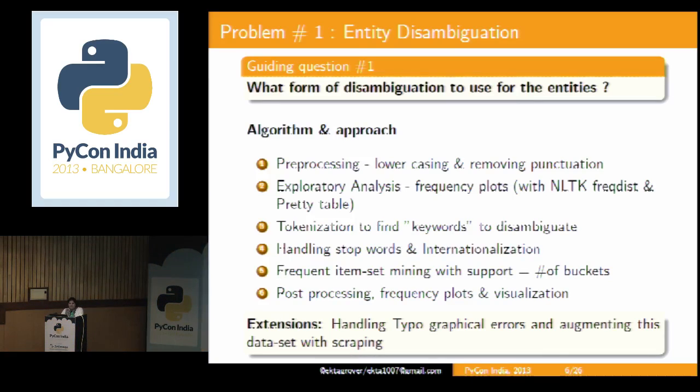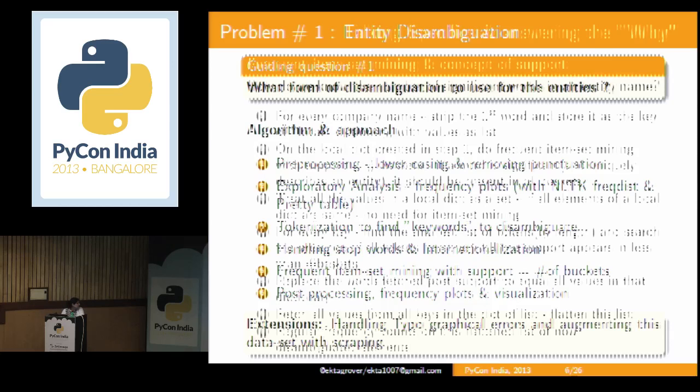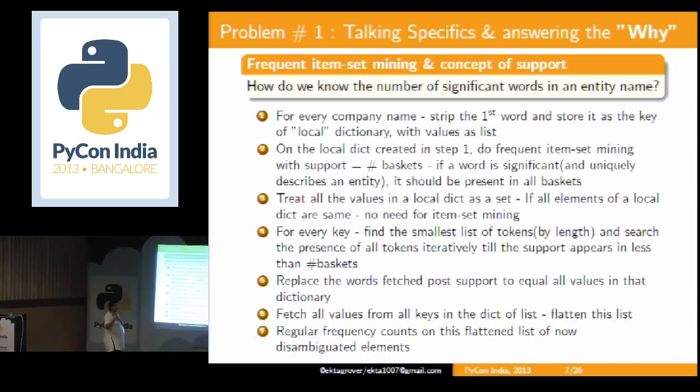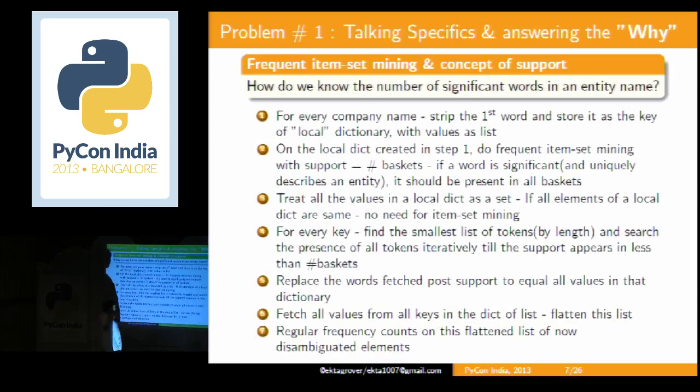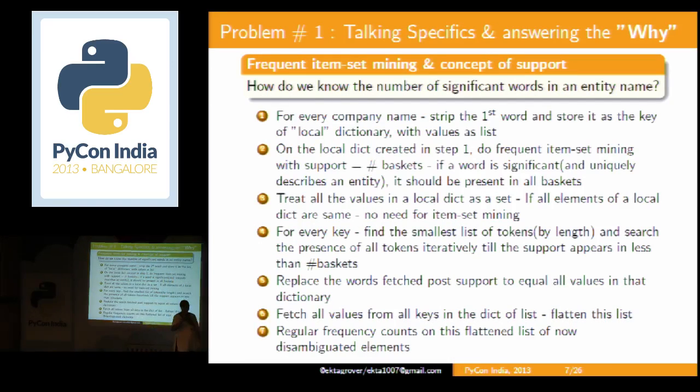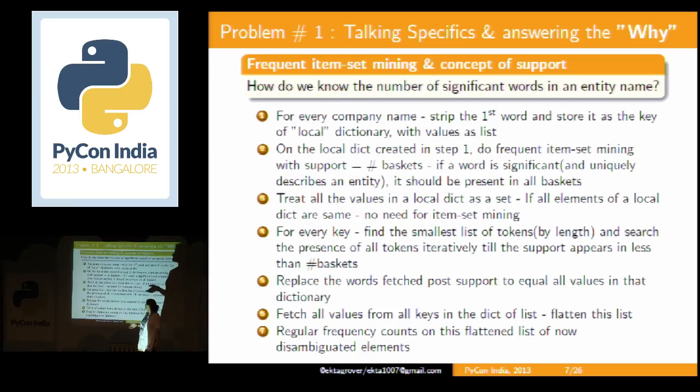Then we do frequent item set mining with your support equal to the number of buckets. We'll talk about this. And typically, post-processing, frequency plots, visualization. Now, we said that from each of these entities that we knew a priori belong to the same entity, we wanted to know what is the stem. We clearly discarded the distance measures, and we said that post